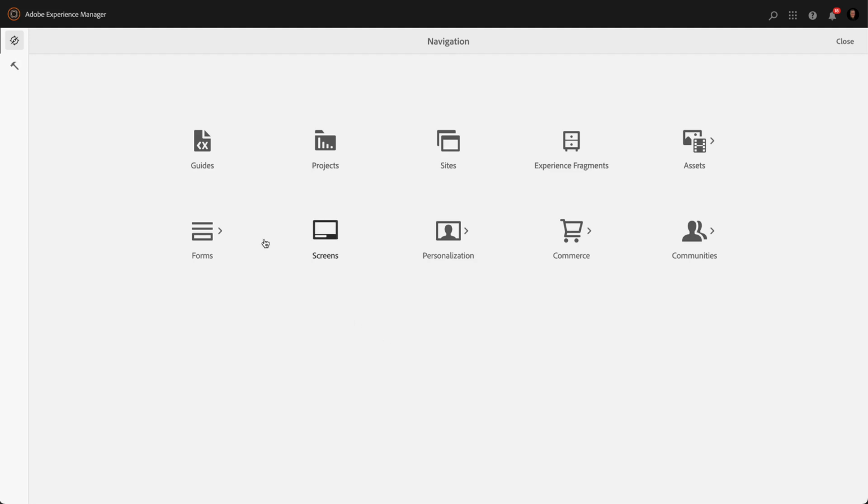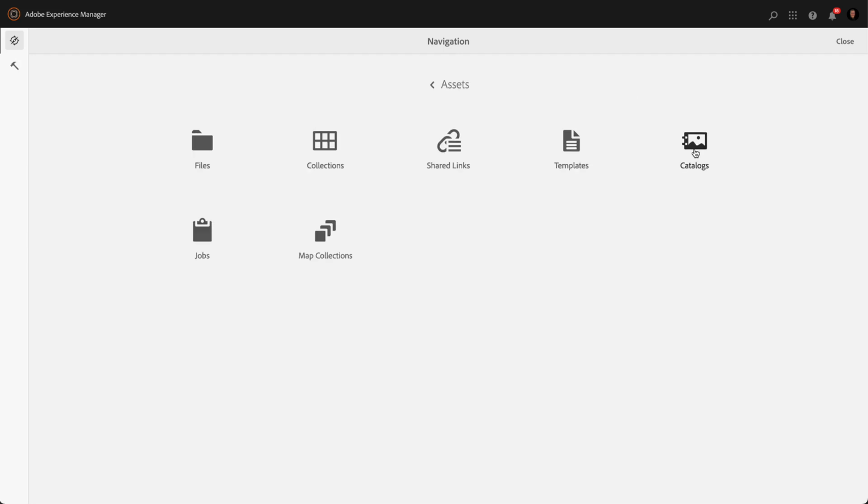In Adobe Experience Manager Guides, we can access the ditamap editing functionality in two ways. We can use the XML editor, or we can use the asset management. Let's have a look at the asset management approach first and see how we can edit a ditamap there. So I go into the asset management, go into files,